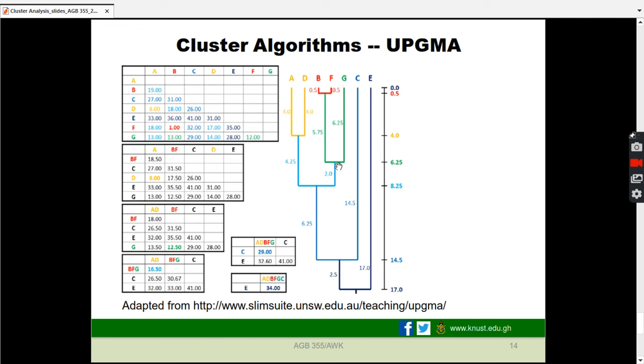So it is linked here. 16.50, when you divide it by 2, you get 8.25. The table says it links AD and BFG. This is what we mean, and you already know how we have